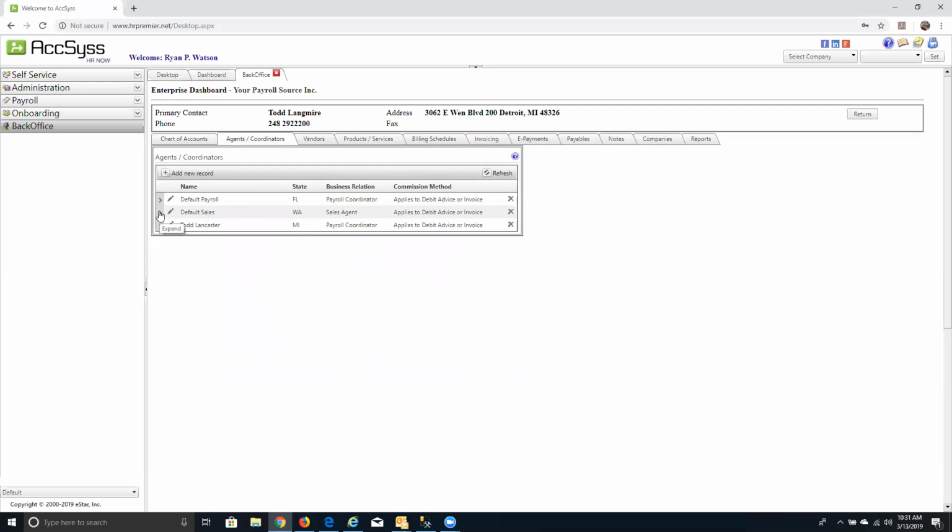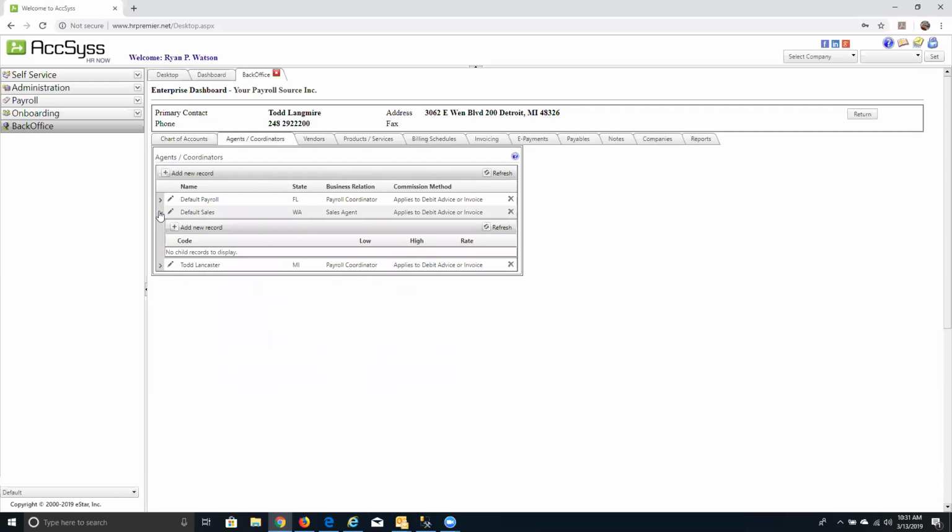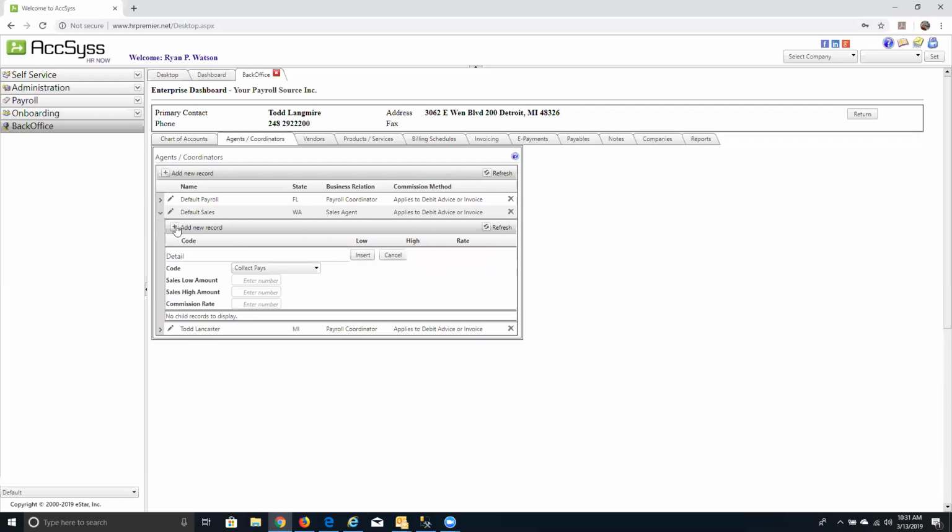Now, if we wanted to set up a commission schedule for the sales agent, click on the arrow over here and we can add new records. And then what we want to do is select